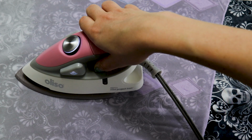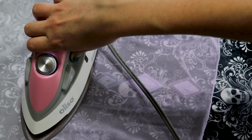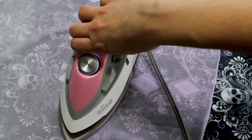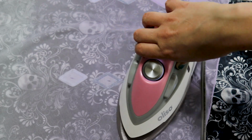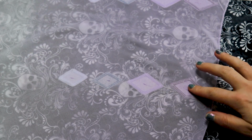And then I'm just going to press and hold for about 5 seconds at a time on each diamond. And I do this all the way around. It's the exact same method that I do all the way around the whole hem of it for all sets